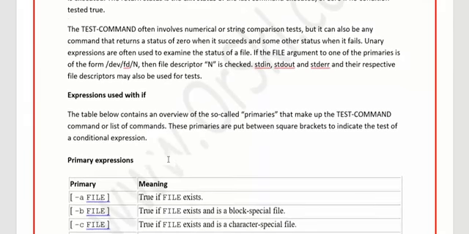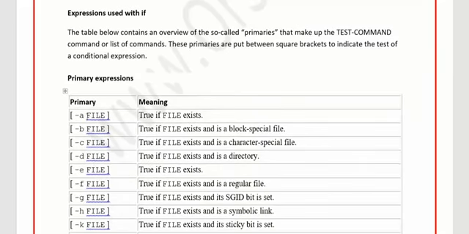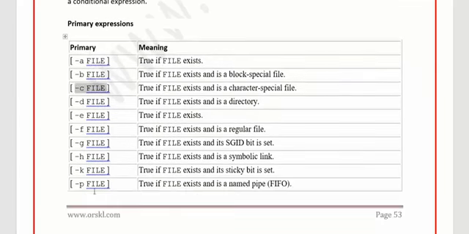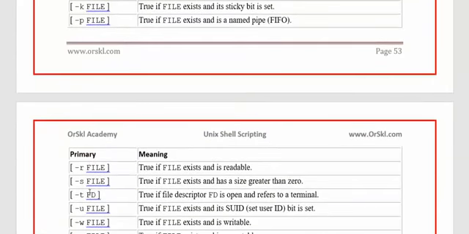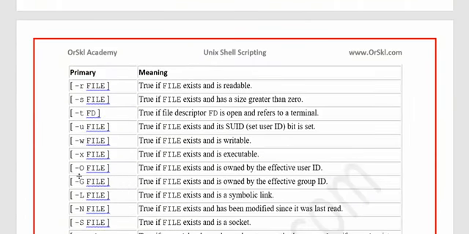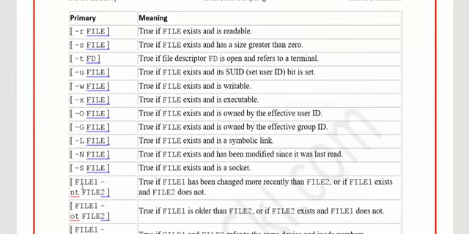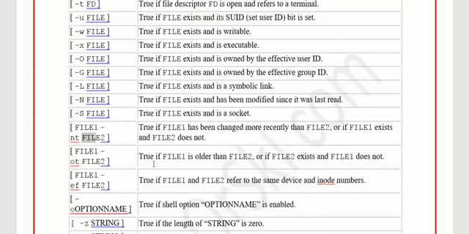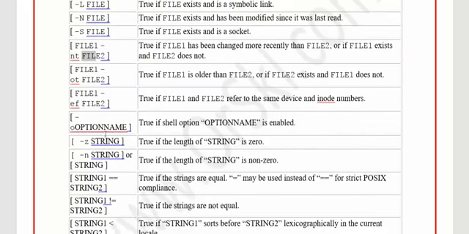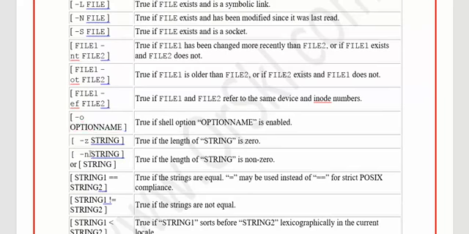If you want to compare with the help of expressions, there are multiple primary expressions that you can use: -a followed by file name, -b followed by file name, -c followed by file name, e, f, g, h, there is no i or j, but k, p, r, s, t, u, w, x, uppercase O, G, L, N, S, and file1 -nt file2, file1 -ot file2, file1 -ef file2 on inode numbers, and option name if it is enabled or not, -z if the string length is zero, and -n for non-zero.